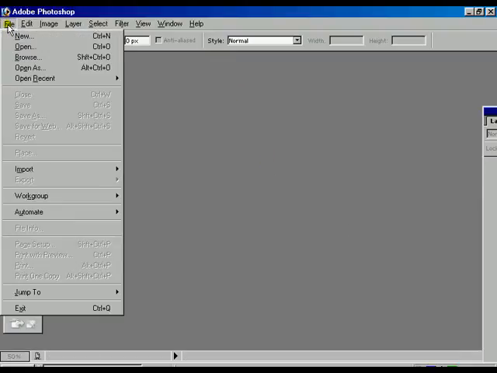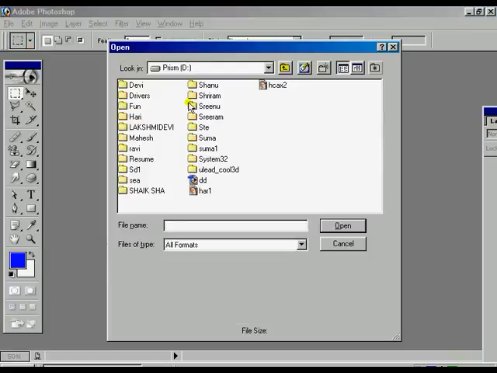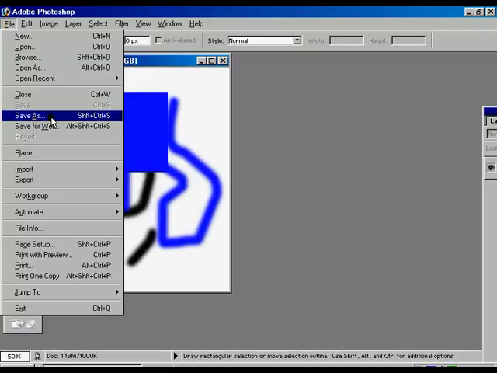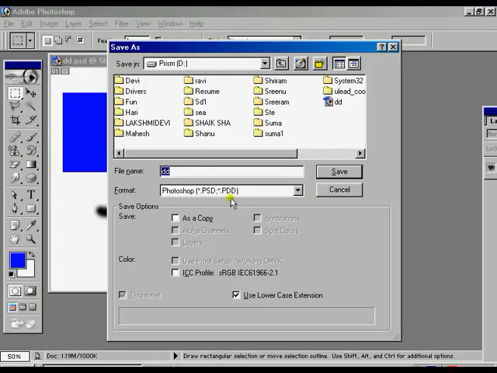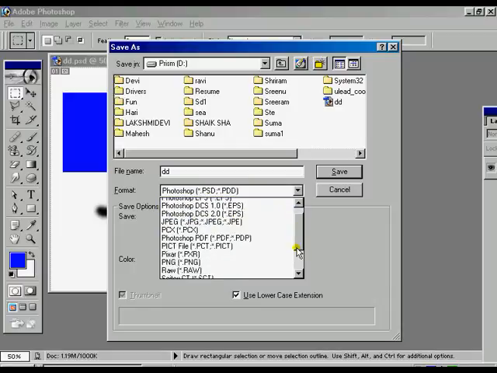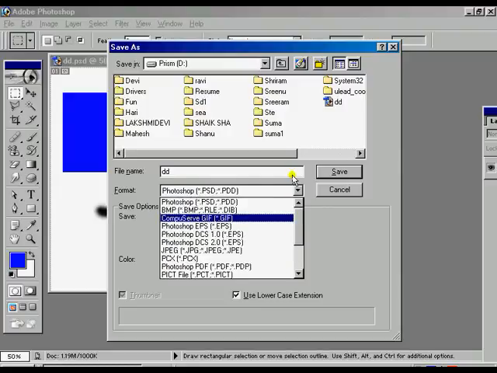Now once again there is another option called save as. For that one we are going to open a new file, and before that we are going to open an image which we already saved, and we can save it in a different format like JPG or bitmap, BMP, whichever you feel comfortable with, according to your quality, your choice, your requirement.